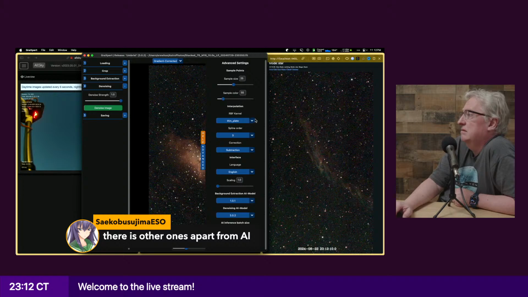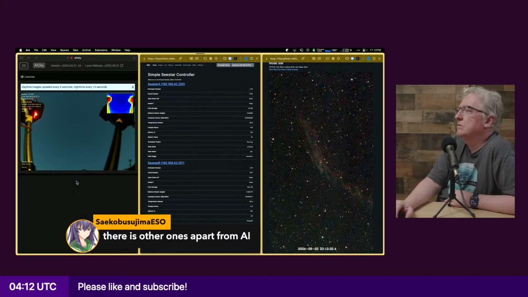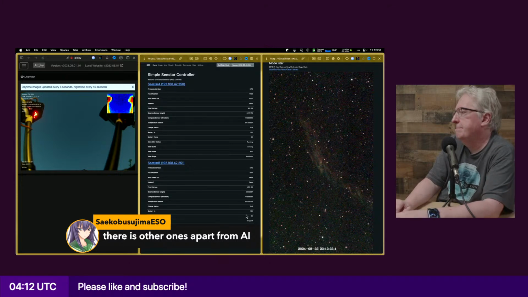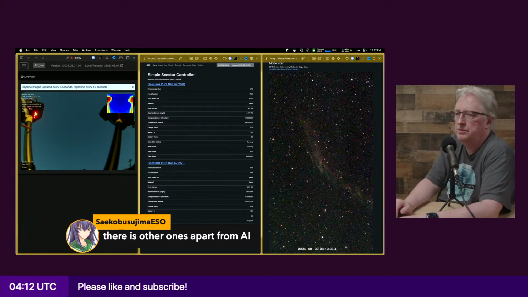I don't think there's a non-AI denoise. Otherwise, that would be the one to try out. So since this is auto running, this one is working. The scheduler isn't running because I manually triggered the secondary one.